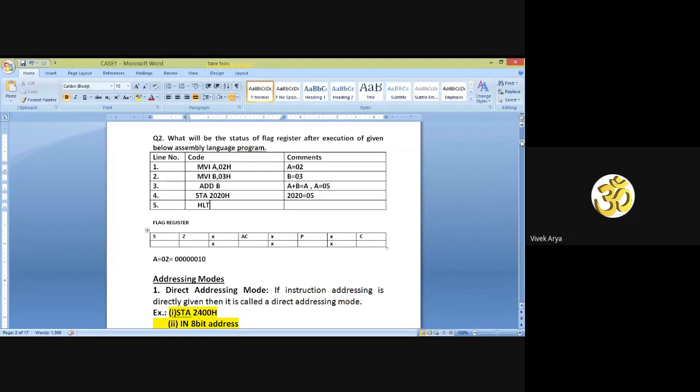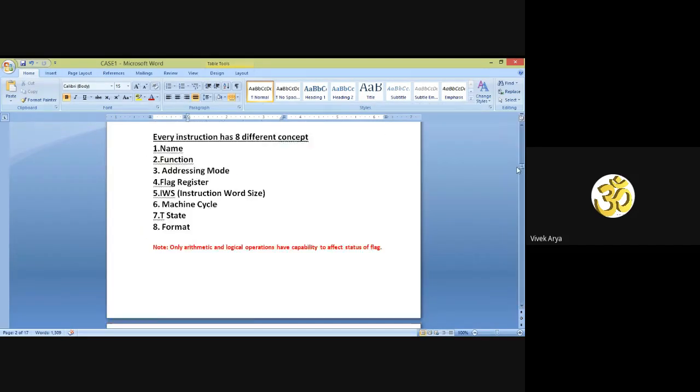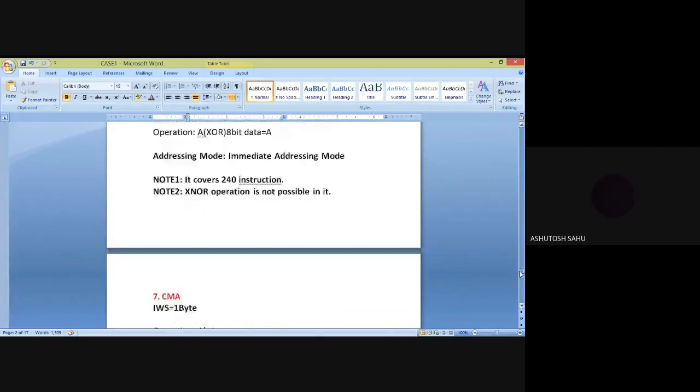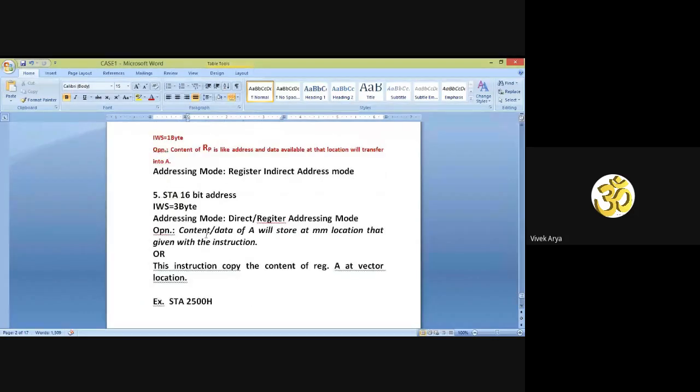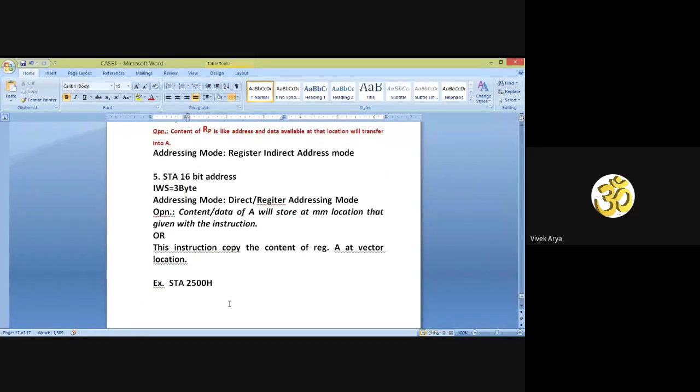Okay, I hope you all are getting all the concepts of microprocessor for today's class. Yes, sir. With examples, this becomes very easy. In books you can see instructions are directly given. Authors didn't explain instructions. Here you can easily understand the instruction word size, addressing mode, and what operation is performed. Okay, and the last instruction for today's class,